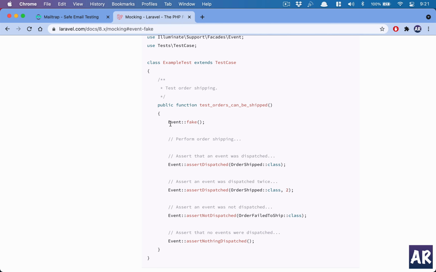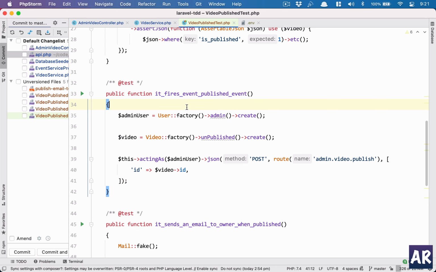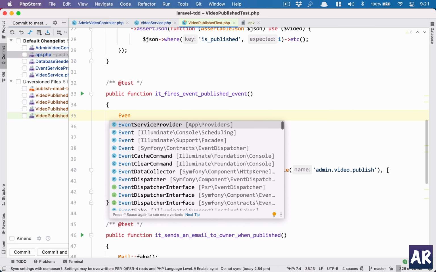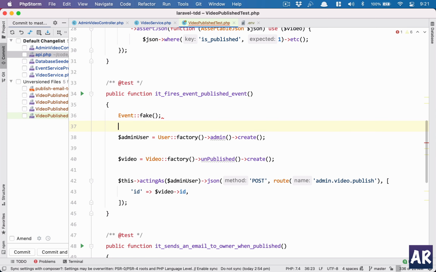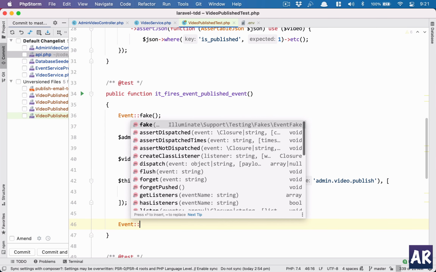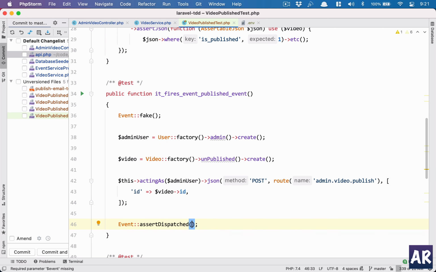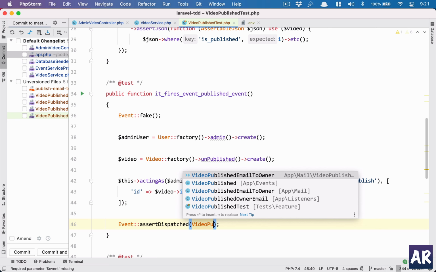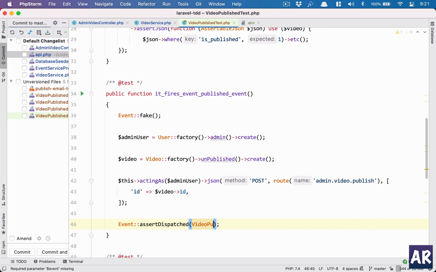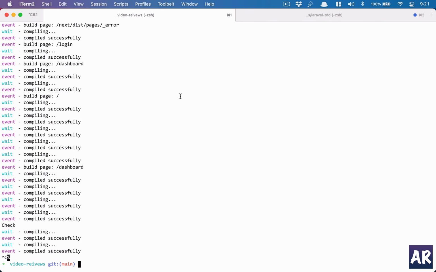Now based on the documentation, I can do event fake, so I'll do that. Event fake. Okay, and then what I'll do is event assert dispatched is video published class. Let's just run this particular